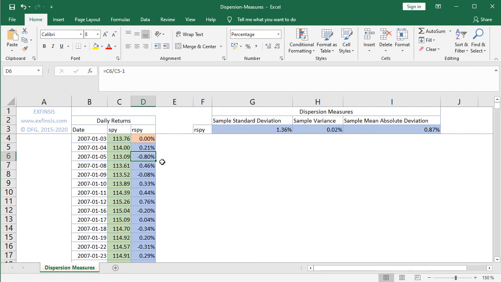So now that we have the data ready, we are going to calculate dispersion measures for those daily arithmetic returns, as we can see here within the description at F3. So we are going to calculate sample standard deviation, sample variance, and sample mean absolute deviation. So as we can see here, first we select G3, and we're calculating the sample standard deviation of those daily arithmetic returns, and within the formula bar we see the